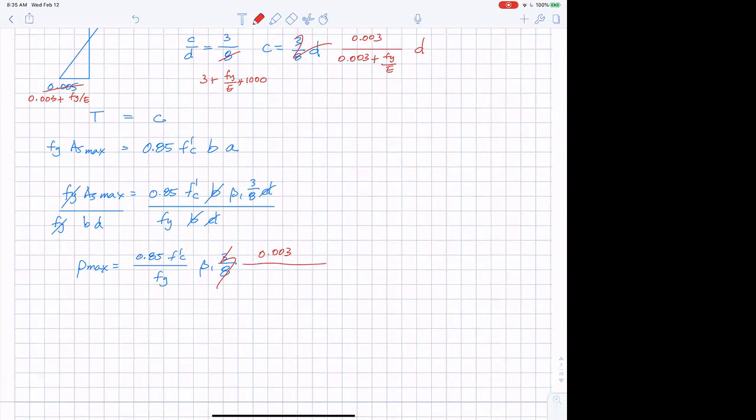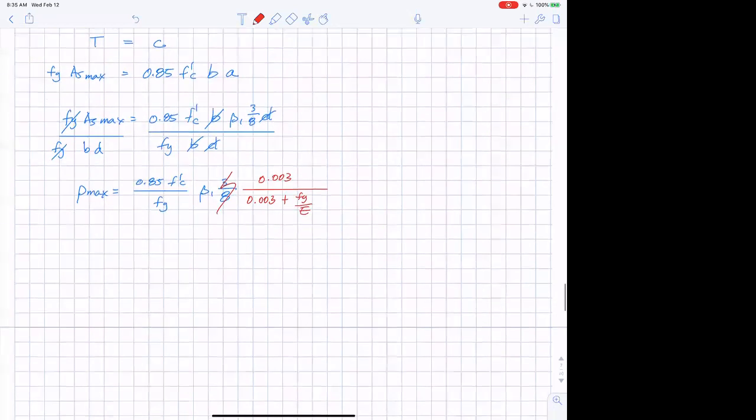0.003 over 0.003 plus Fy over E. And what that comes out to is Rho Max equals 0.85 F prime C over Fy beta 1. Okay, and I just don't like writing all those zeros. So 29,000 times 0.003 is 87 KSI. And there you go. So that's Rho Max